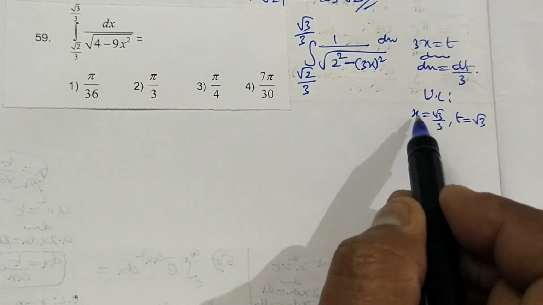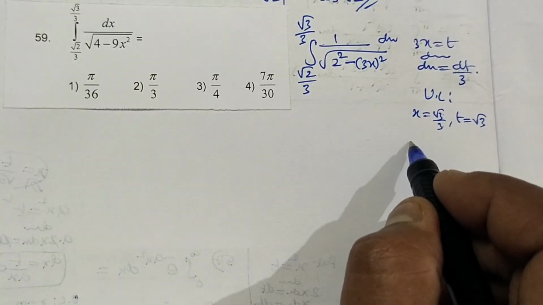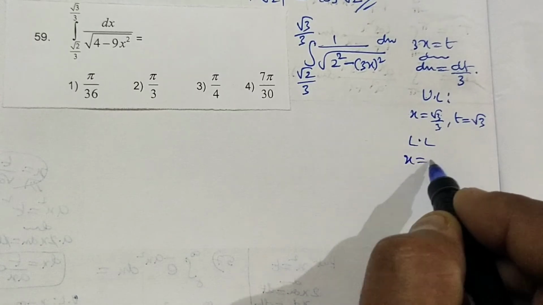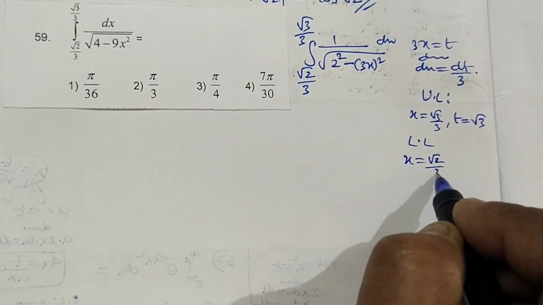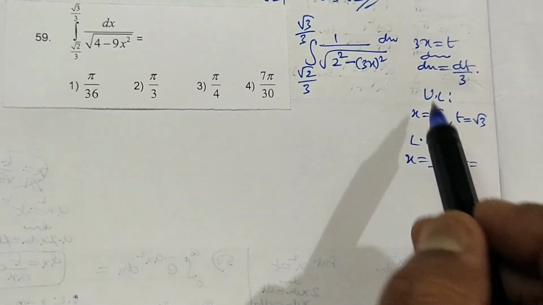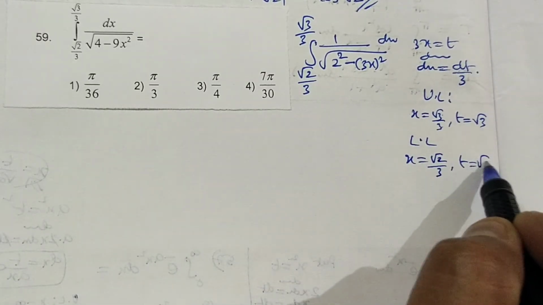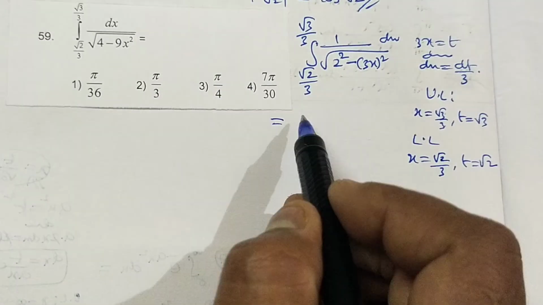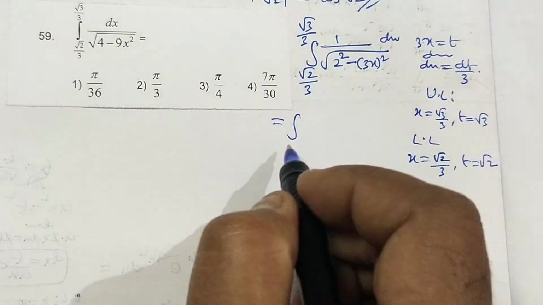That means 3x cross multiply, 3x is equal to root 3, that means t. Upper and lower limits: when x is equal to root 2 by 3, then t is equal to, substituting root 2 by 3 in place of x, the 3 gets cancelled, so t is equal to root 2. So the integral, lower limit to upper limit, root 2 to root 3,